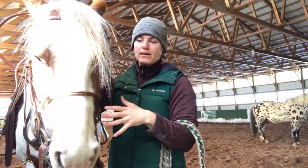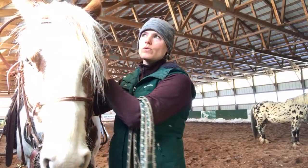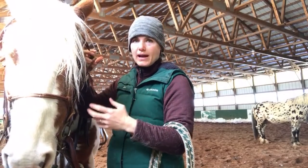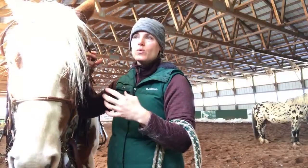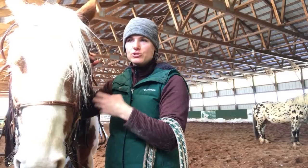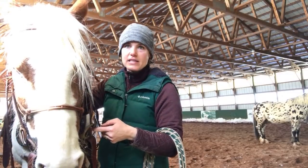With riding in a halter, there's pressure in all kinds of weird areas. We ride with our legs, and if the horse doesn't fully understand everything that's being asked of them with strictly our body, we need more. And it's not about pain or pressure or anything like that. It's the fact that I can take this horse and add a teeny tiny little bit of pressure